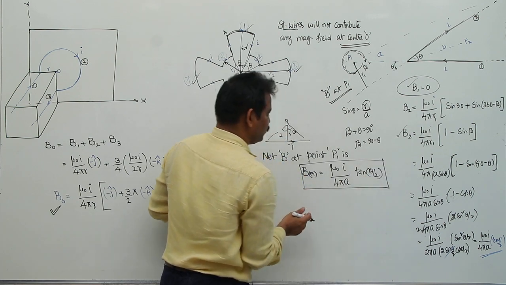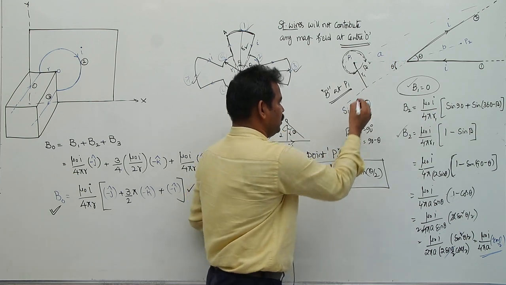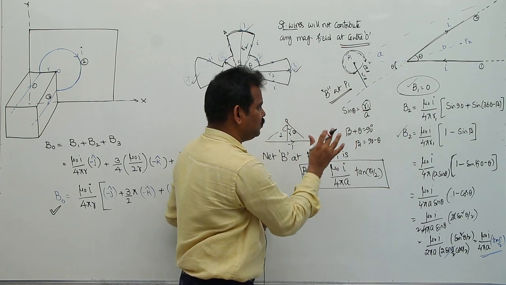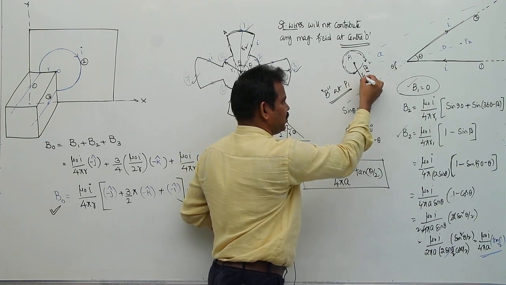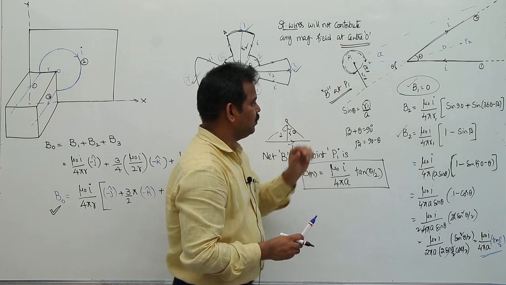Remember students, always we need to get the final expression in terms of the given values. Here R1 is an assumed value, beta also an assumed value. Never give the value in terms of beta or R1. Always try to give the value in terms of the given data in the problem.